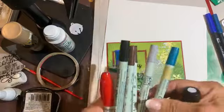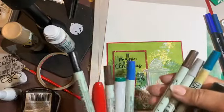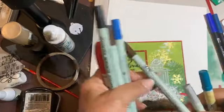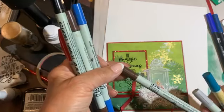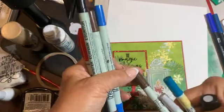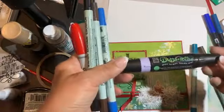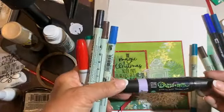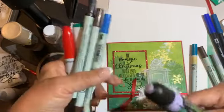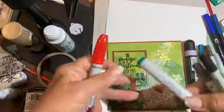Here are Writers. You can get these in brush. They are pigment ink. I love getting pigment ink: acid-free, archival quality, light fast, waterproof, fade-proof, non-bleeding. Who doesn't want a pen that says that? Find out what your pen is for. Look, I've got, okay, this is dating me, I have Dr. Ph. Martin's Radiant. These are really fun. I don't know if you can find these anymore. These are really fun. Okay, Copic, yes, alcohol, dye-based,